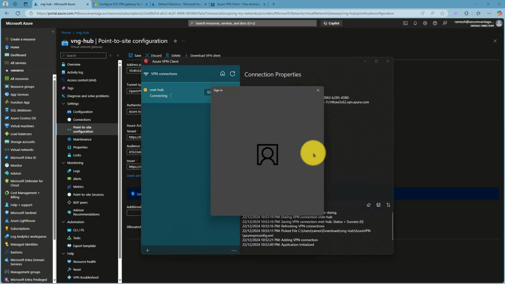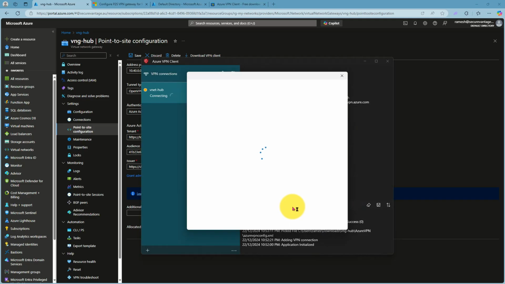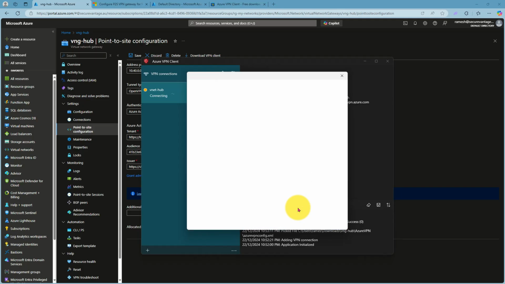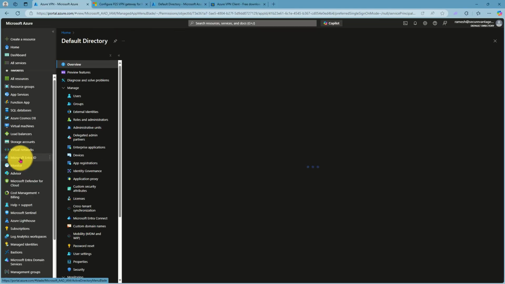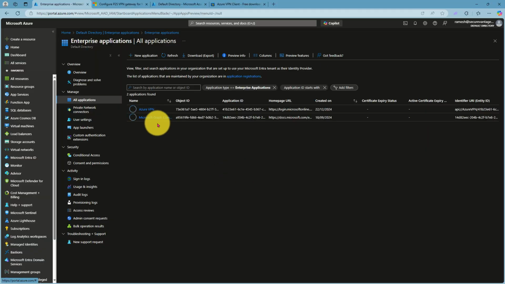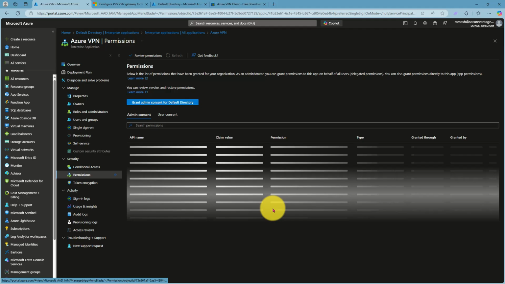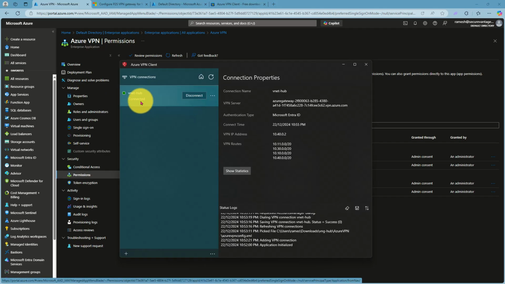And now what is it that we're going to do? Say connect. This is the user that we want to use for this particular connection, which is basically the Entra ID. Accept this particular one, that is fine. What I had to do to make this work, I came to the enterprise application, I selected the Azure VPN application there, and then there is a permission section, and I say grant admin consent for default directory. I do that, I came here and then connect using the same thing, and now here you can see that